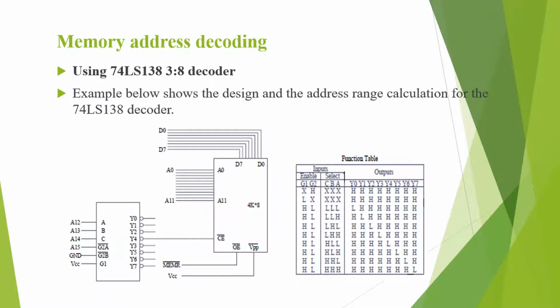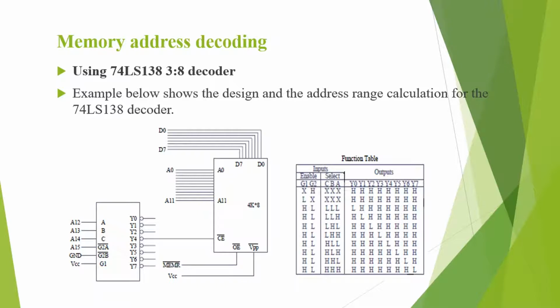So this will be possible only when the G1 pin is active high, that is at logic 1 value, and the G2 pin is at logic 0 value. So at this combination of G2 and G1, the value at the ABC pins will activate one of the outputs. So in the example, when G1 is at logic high value and G2 is at logic low value, and the